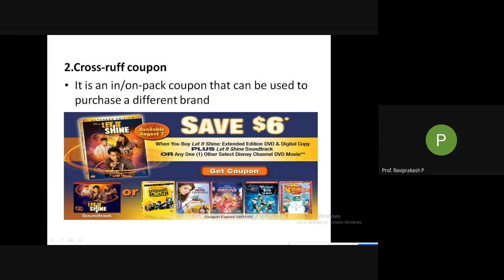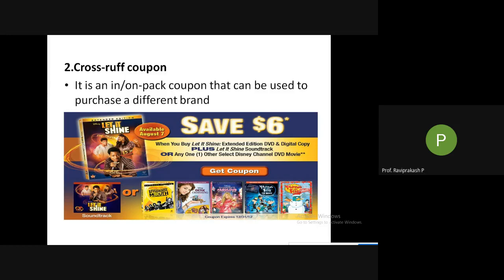If you buy Let It Shine, here you can see Let It Shine. If you buy this one, they are giving you a $6 coupon, stating that you can buy these other 5 CDs or DVDs on the next purchase, because you will never buy the same CD. Right? You might have already heard that particular song if it is an album, and you can reuse the same thing again and again until your CD breaks or it has some issues